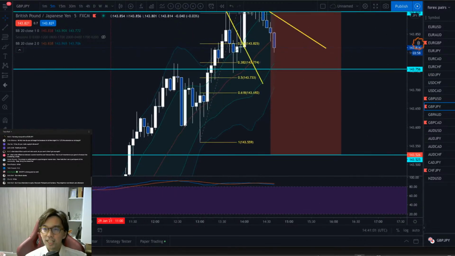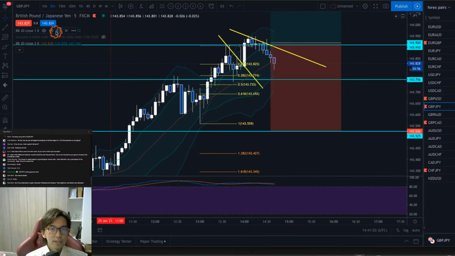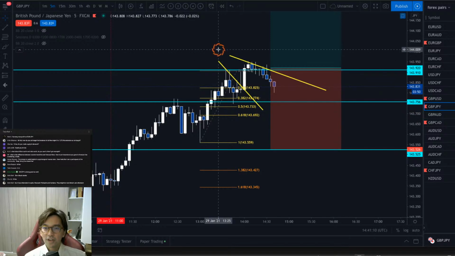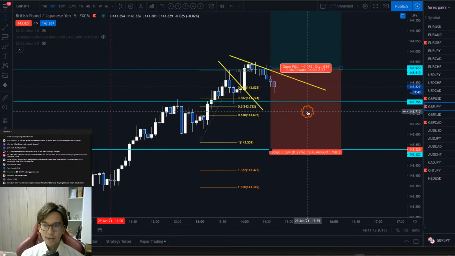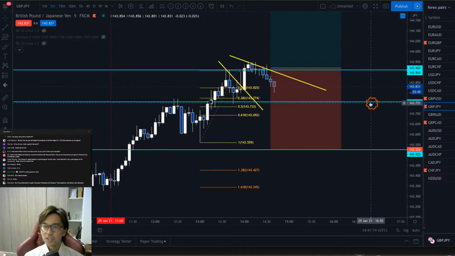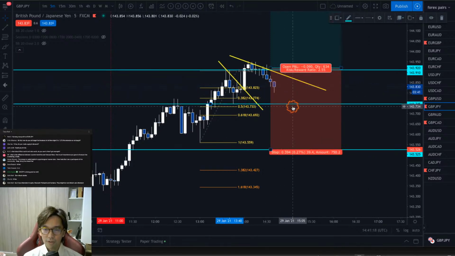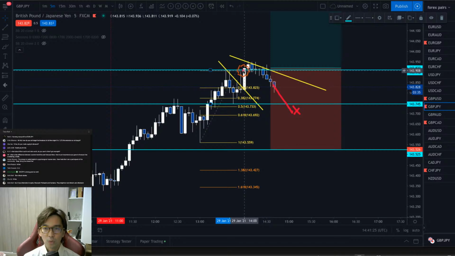Okay, so now it's retracing backwards sharply. Yep, so now it's retracing backwards. So once it breaks the 143.7 level, exactly the previous low downwards, then that will be an exit timing. When you buy somewhere between over here,